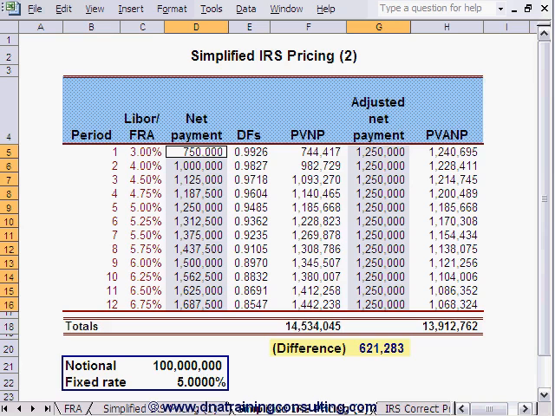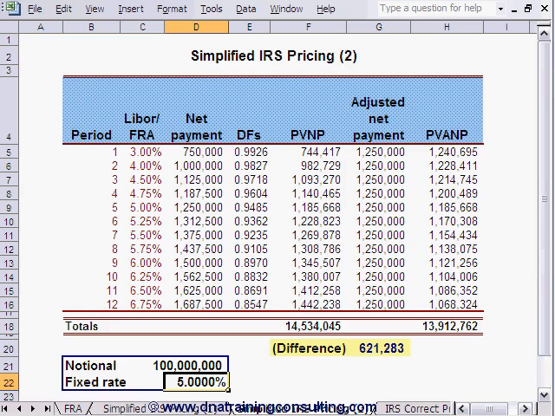We initially have set this fixed rate at a flat 5%, expecting that it will not be absolutely right. And then we will use goal seek in Excel to derive the correct rate exactly. From this worksheet, we can see that the 5% rate was too low,